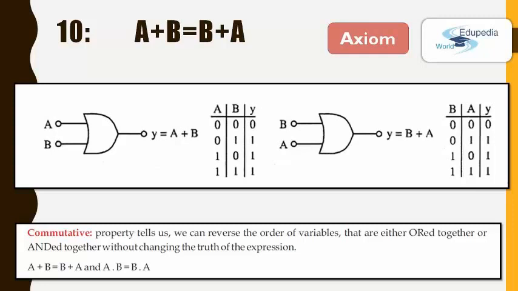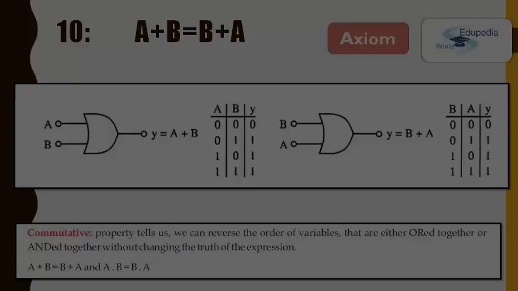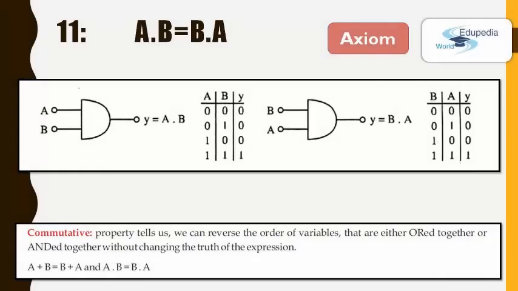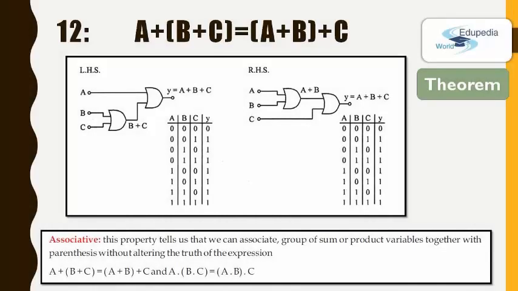That means by applying the duality principle, by changing the plus into dots, we can derive another variation of this commutative law. And that is our 11th law, A dot B equals B dot A, same as A plus B equals B plus A. So if we check the truth table of those 2, it got the same output, 0, 0, 0, 1, both in the left hand side as well as the right hand side. Now here is the 12th law, A plus B plus C equals A plus B plus C.